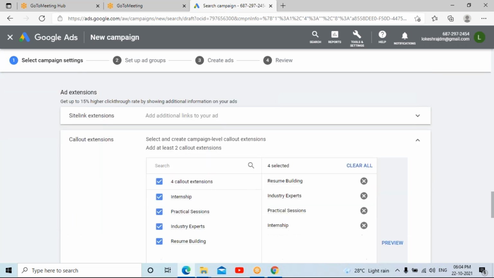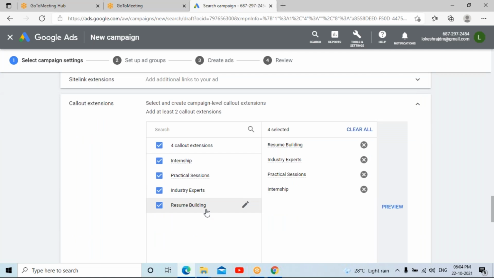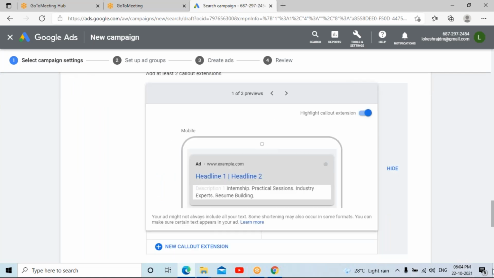But apart from this, let me show you how this information will be shown when you see the advertisement. Let me check with the preview. So this is how it looks. These words are going to be highlighted when you create the ad.